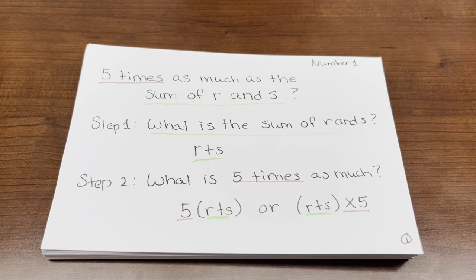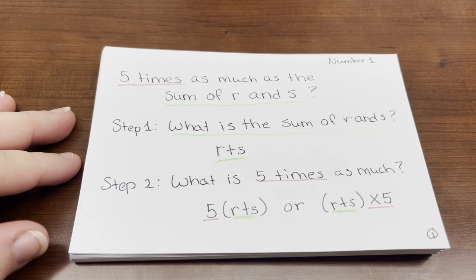So the first thing I need to figure out is what is the sum of R and S, and you can write that as R plus S. Then I need to figure out what is 5 times as much as that. So the answer is going to be 5 times R plus S, and it can be written a couple of different ways. So it's important to understand how it can be written and the different ways that a problem like